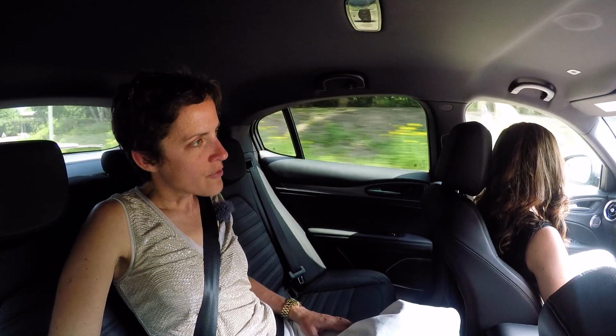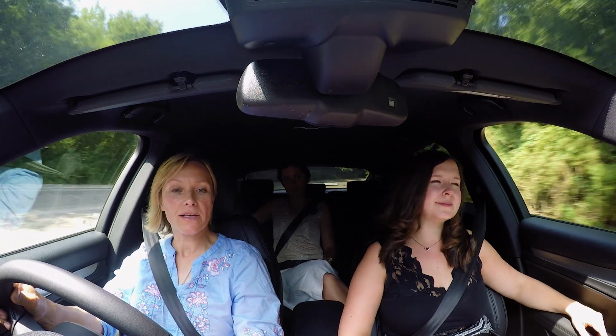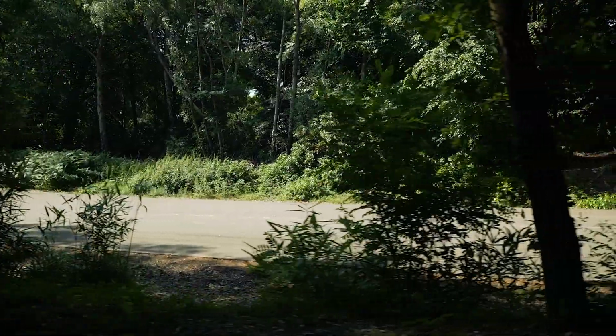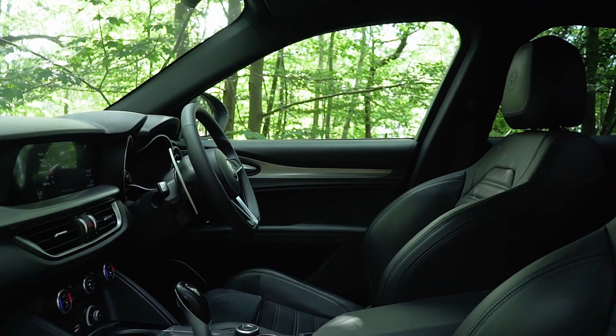So, girls, Alfa Romeo, Italian brand, motorsport heritage, has built an SUV. Sacrilege? No, I think it's fantastic. Get more people into the brand, and this car looks really good outside the school gates. Yep, Bentley and Rolls-Royce are doing it. Why shouldn't Alfa? Now, up front here, I feel it's more cluttered and sort of more old-fashioned than the Jaguar,